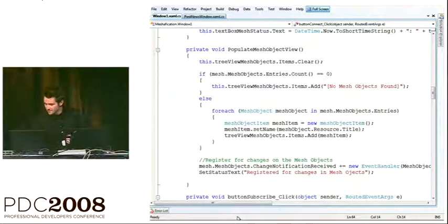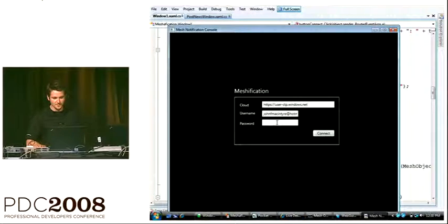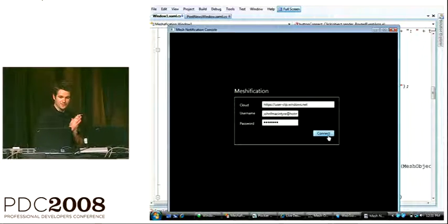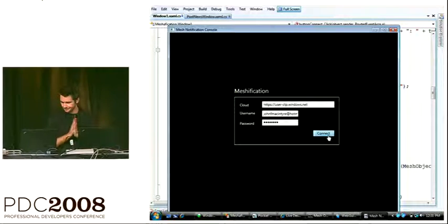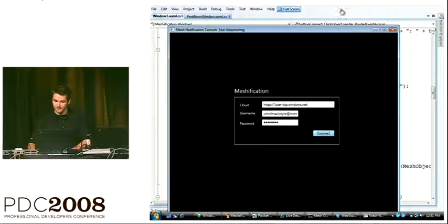So let me just hit F5 here. And we'll run it. I'll log in. You can see I'm hitting the production cloud. I don't know if we still have Andy in the data center, but we'll see how we're doing today. So if you go back, connecting,